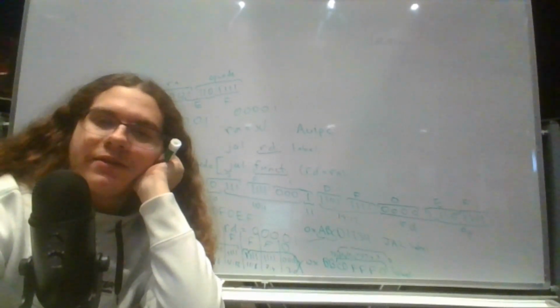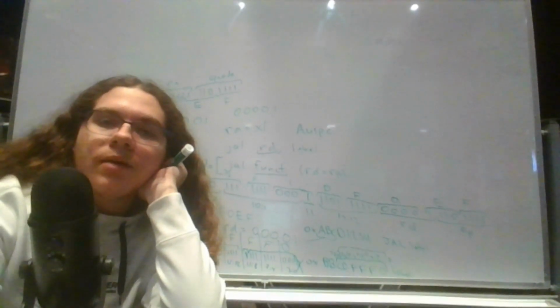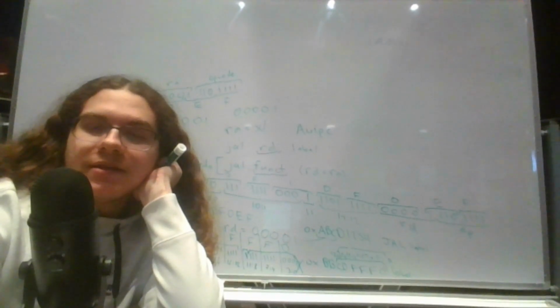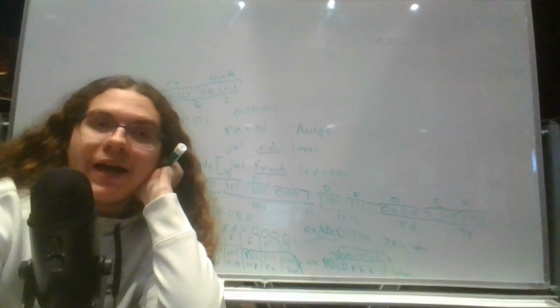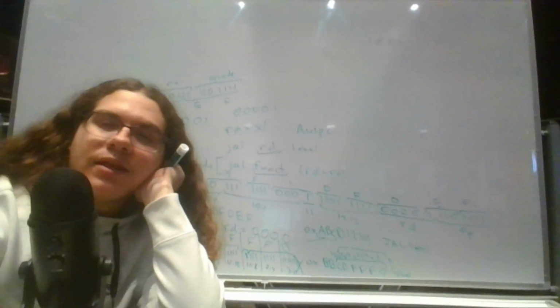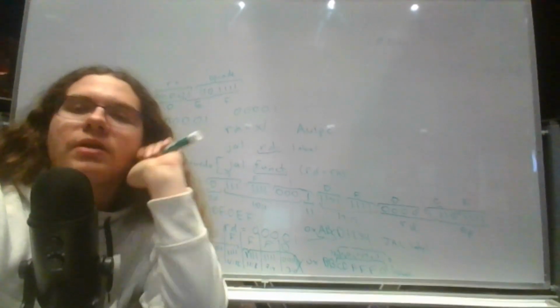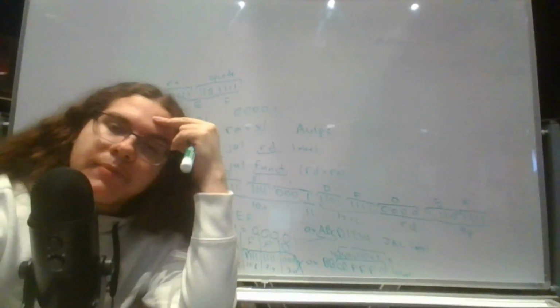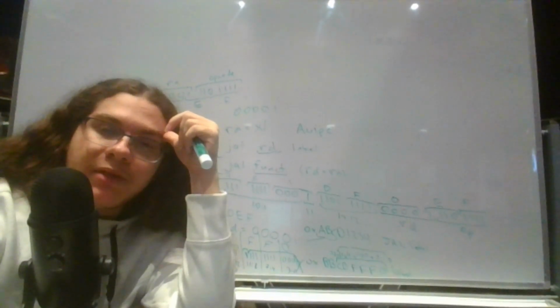So I can see why they would say 5, because the immediate in the S-type encoding is broken up into two pieces. One that's bits 11 to 5 and one that's bits 4 to 0. And bits 4 to 0, that's 5 bits. But I'm not sure why they have 21-bit immediate encodings. That might be a typo. But either way, it doesn't matter. You can just ignore that part, because all they're really asking you to do is write out the full immediate